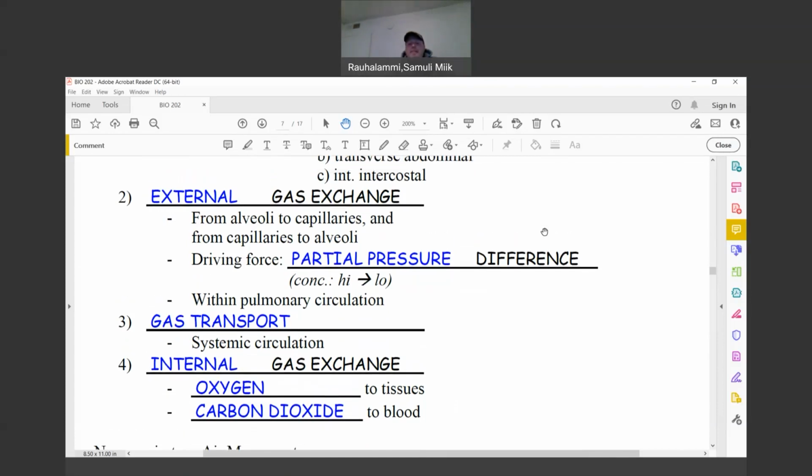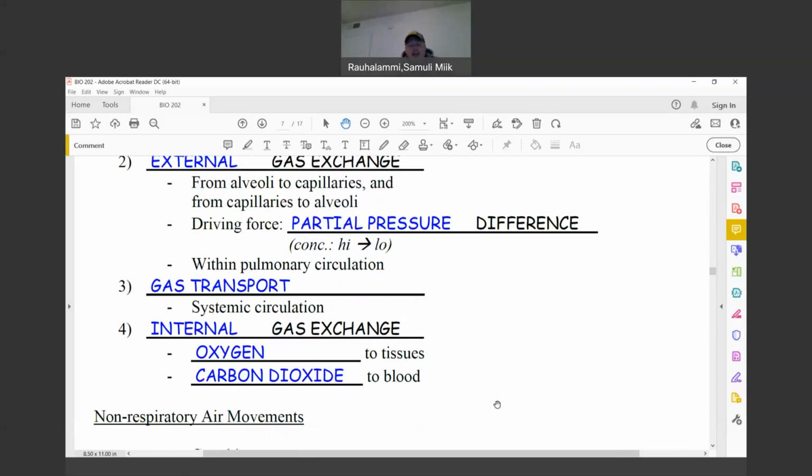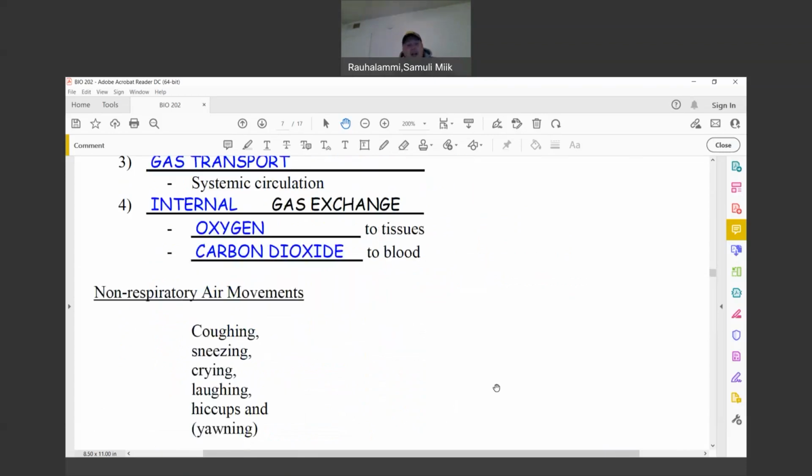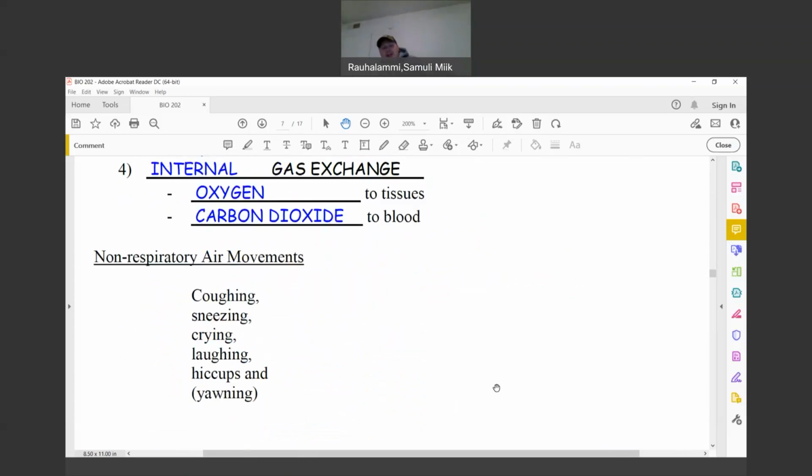Remember though, even though this has been listed as a 1, 2, 3, 4-step process, it also works the other way around. We're taking gases away from the body. So that's something to keep in mind. There's going to be a bunch of non-respiratory air movements also that you might want to be aware of. So a lot of other important stuff such as coughing, sneezing, crying, laughing, hiccups, and yawning that we spoke about